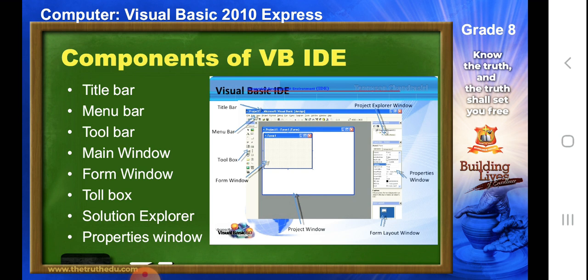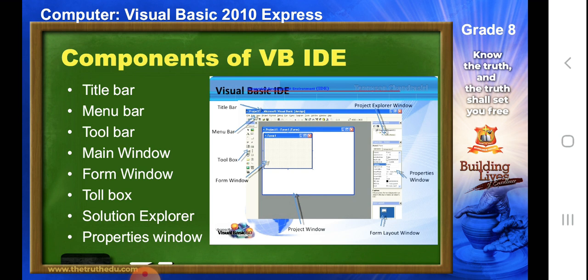Whatever development we do will be on the form, kind of a paper sheet, and whatever drawing you do on it depends upon your requirement. The same thing goes with the forms and the controls and the buttons which we are going to place on the form. Next we learned about the toolbox. The toolbox is exactly the same as what we learned earlier in Microsoft, Adobe Photoshop and Adobe Flash. All the options which are placed there, we use those tools to work on it. So this is also the toolbox which we use to work on the program.